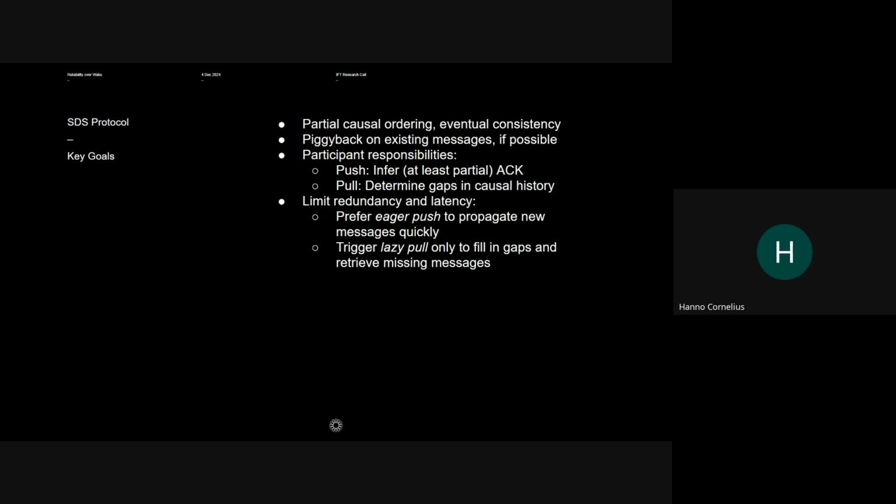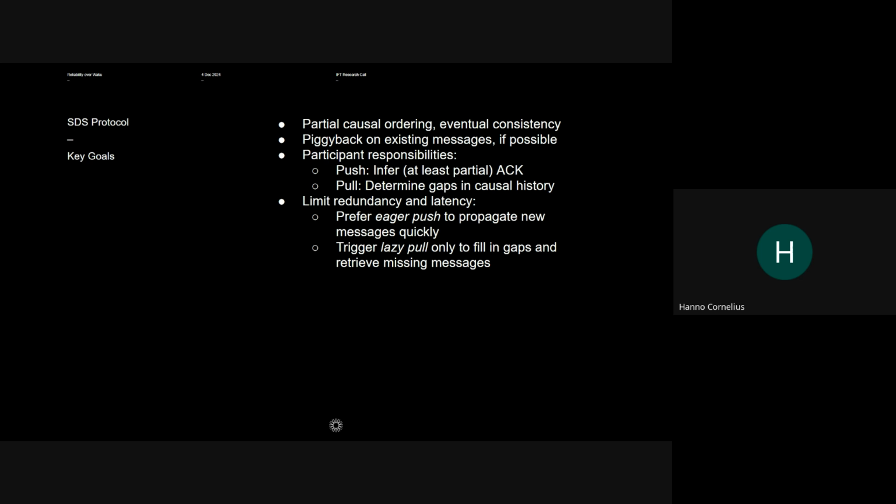And then indeed, we can make it the responsibility of these recipients of messages to determine themselves if there are missing messages. So this is determining gaps in the causal history. Causal history are just messages that have been sent in the past that you haven't seen yet.